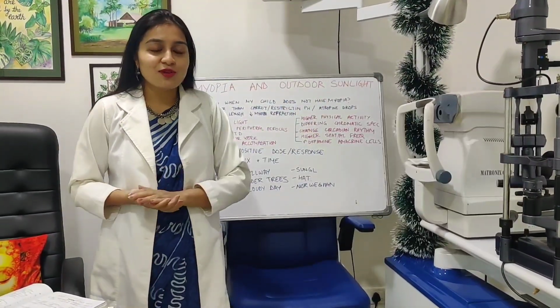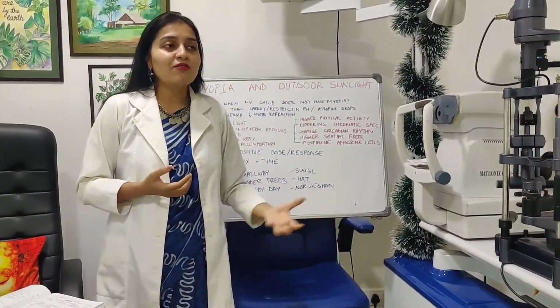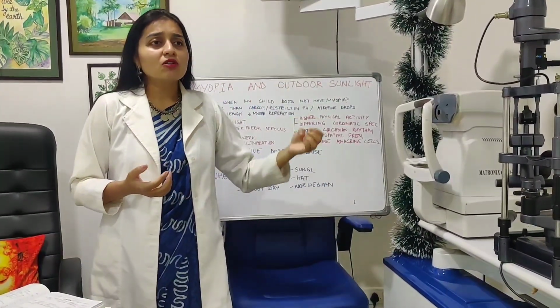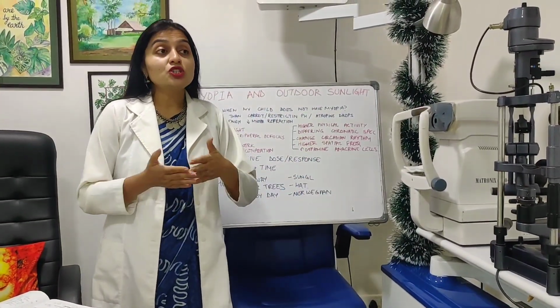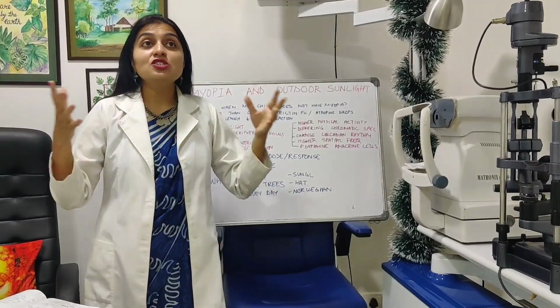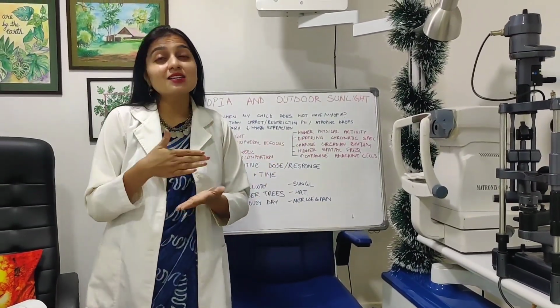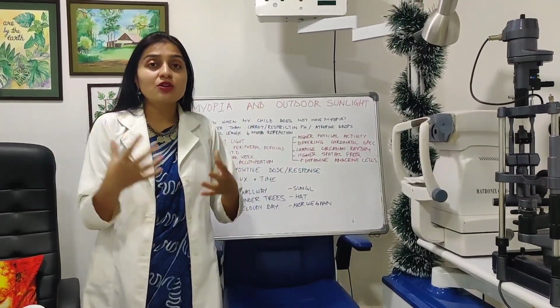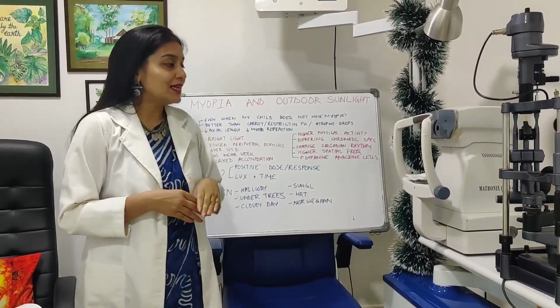Why is this study so important? Because a lot of parents feel like, oh, but my child does not like to play football, does not like to play cricket. Doctor, what will the child do outdoors? Your child can just walk, your child can just cycle, your child can just sit and gaze out into the environment, just be on a playground, just on a swing, and that is also enough. Your child does not need to be doing physical strenuous exercise to get the benefits of outdoor sunlight time.